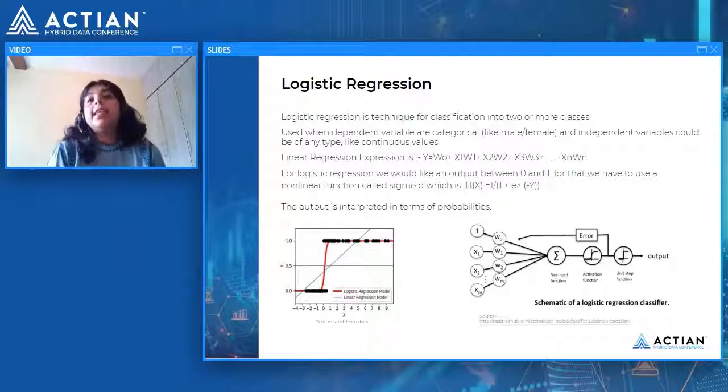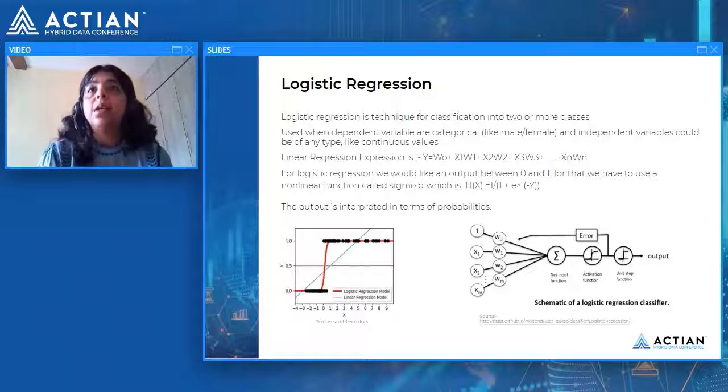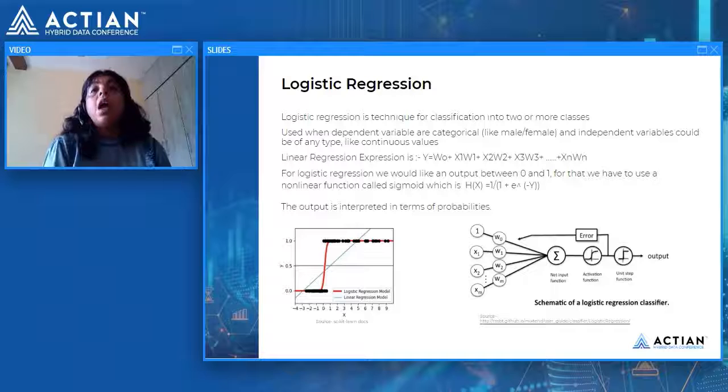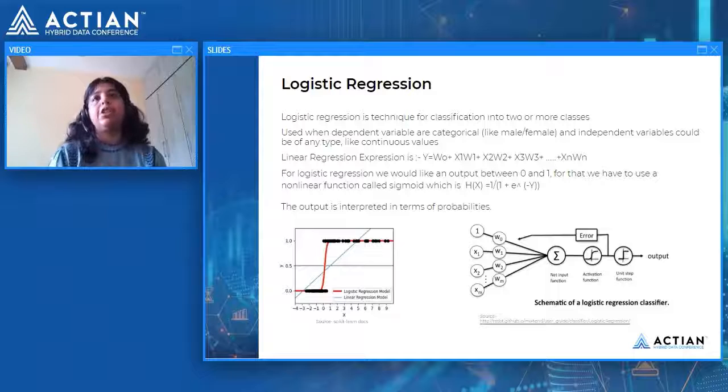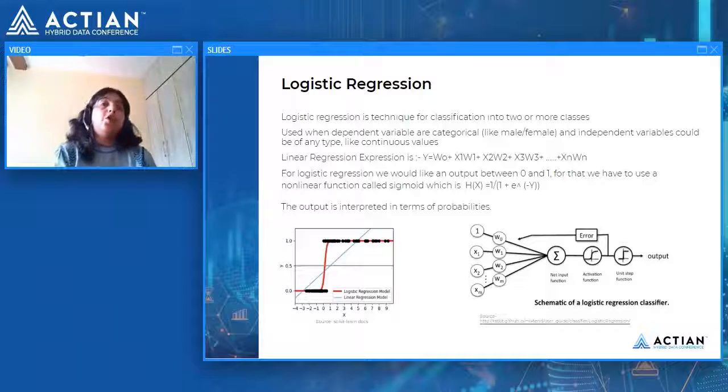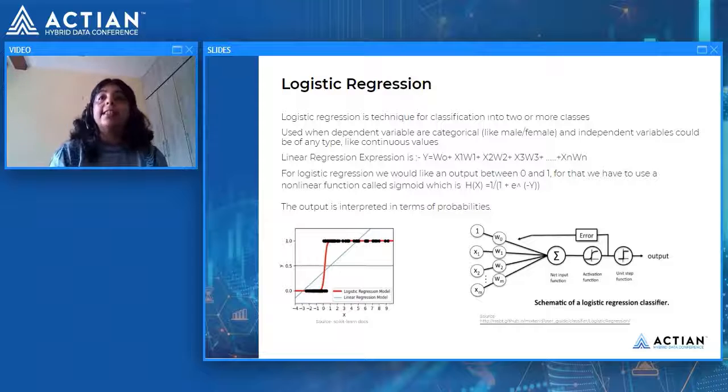So as I mentioned, it has a function which has W0 plus X1 W1 plus X2 W2 plus X3 W3. Here W0 is the bias or the intercept, because it is following a line with the equation y is equal to mx plus c. And the net input function, which is just an adder, adds these terms as in the equation. And once you add that, you pass it through the activation function, which is nothing but a sigmoid function. When you pass it through the sigmoid function, you get a non-linearity and you get some kind of output.